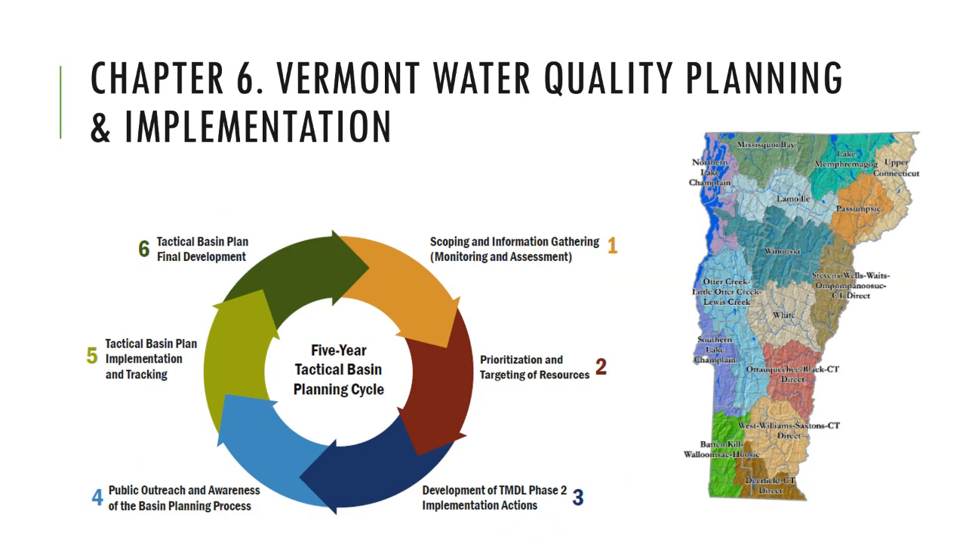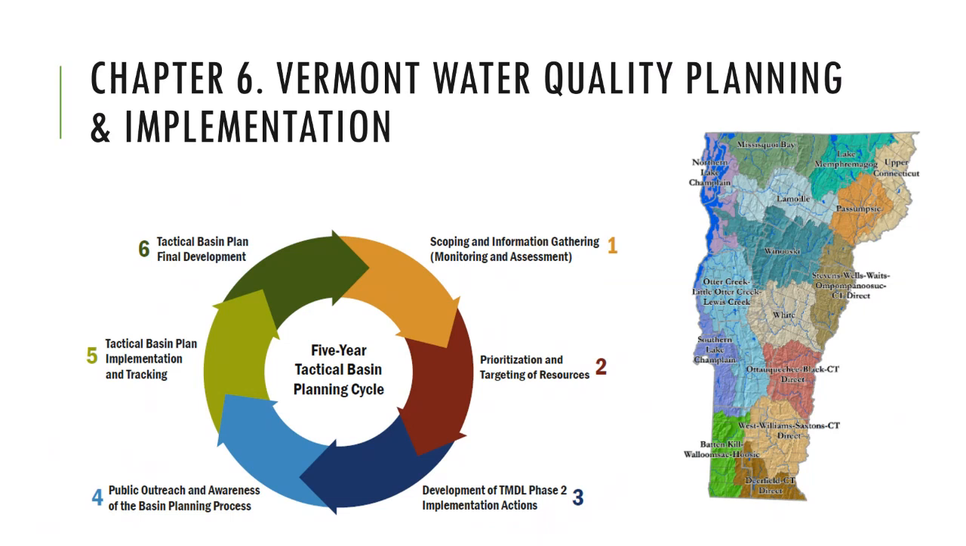All right, so Chapter 6. Vermont Water Quality Planning and Implementation. This chapter focuses a lot on the 5-year tactical basin planning cycle. Each basin within Vermont, that's shown on the map on the right, is assigned a watershed planner, and that planner is responsible for completing this 5-year tactical basin planning cycle,